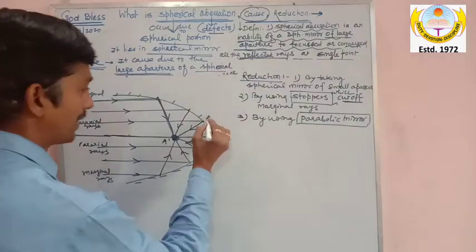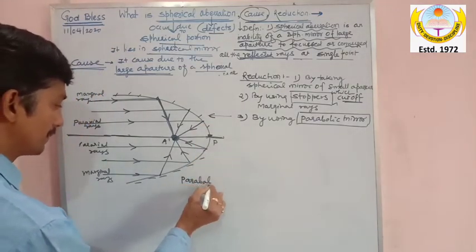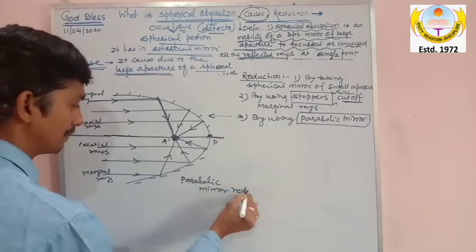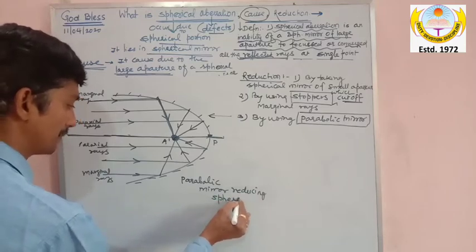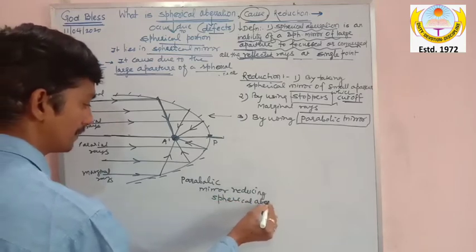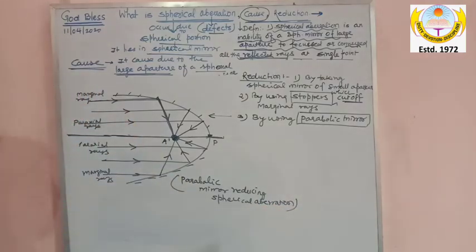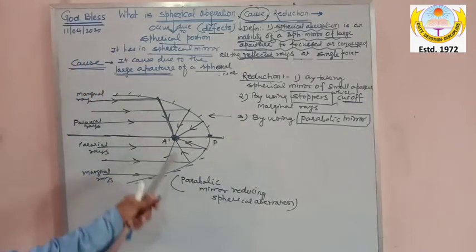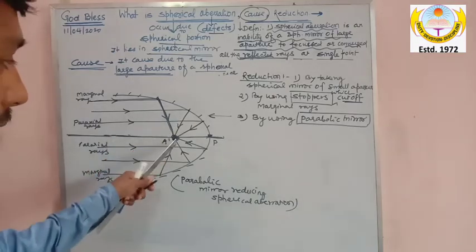So this is the diagram of the parabolic mirror for reducing spherical aberration. So I hope you understood the topic. Here you can see that with parabolic mirrors, the marginal and the paraxial rays, both after reflection converge